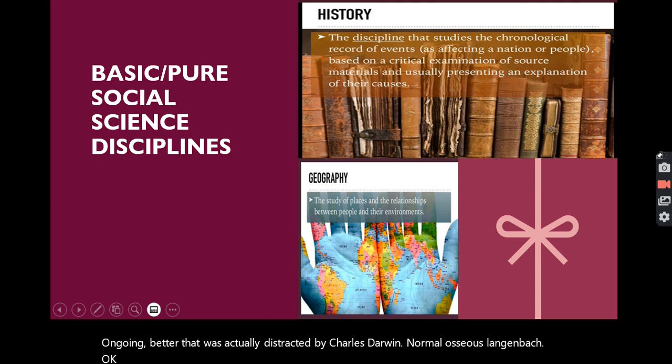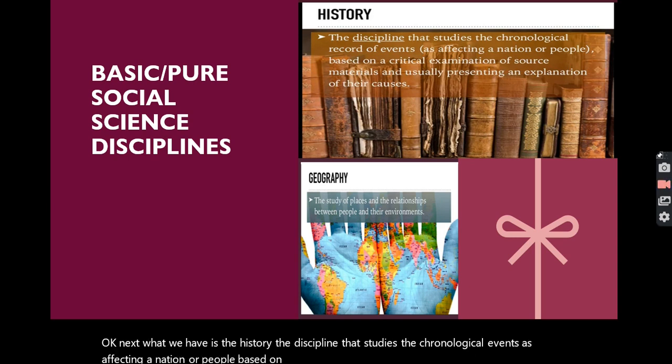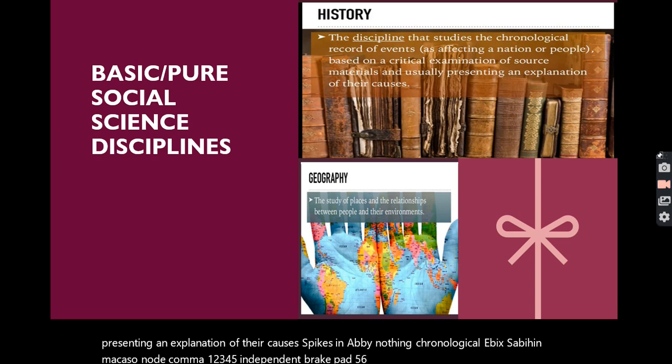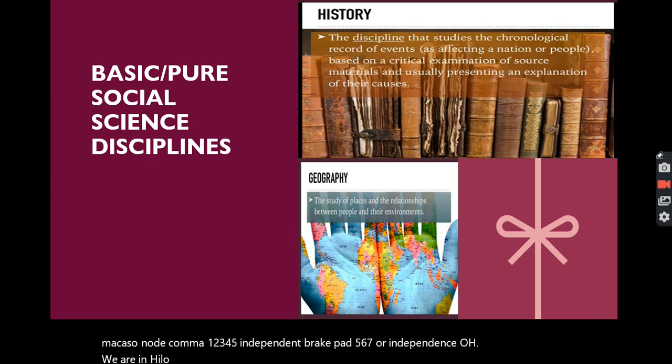Next, what we have is the history, the discipline that studies the chronological events as affecting a nation or people based on a critical examination of source material, and usually presenting an explanation of their causes. So pag sinabi natin chronological, ibig sabihin magkakasunod. Kumbaga 1, 2, 3, 4, 5. Hindi pwede yung baliktad 5, 6, 7 or hindi pwede yung sabi natin halukay ube or yung halo-halo 3, 4, 6, 7, o kaya babalik ka doon sa 9 tapos punta ka sa 1 and